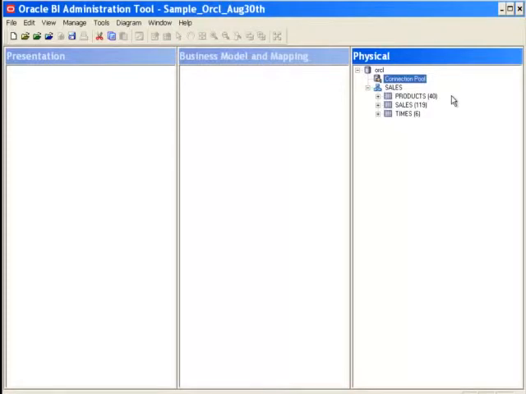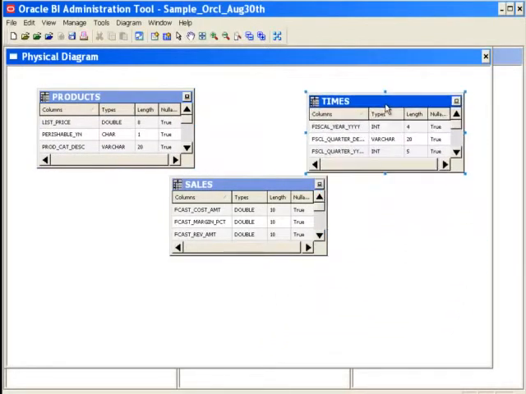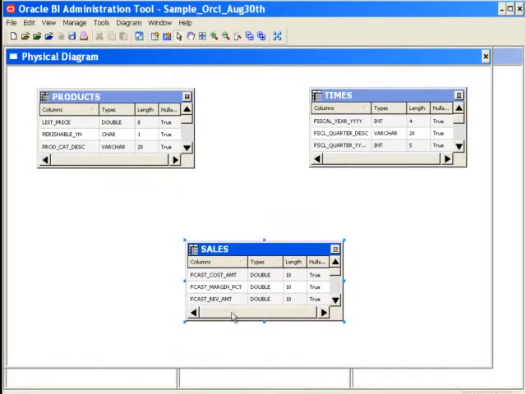Now in a report, when I bring a column from this table, another column from this table, and another column from this particular table, which means 3 columns coming from 3 different tables, then we need to have a relationship specified between each one of these tables. For that, we can select the sales physical schema and then click on this Physical Diagram. We can establish a relationship from one table to the other table, and here we create this physical diagram so that I can specify a join condition between the sales table and the products table, and from the sales table to the times table.